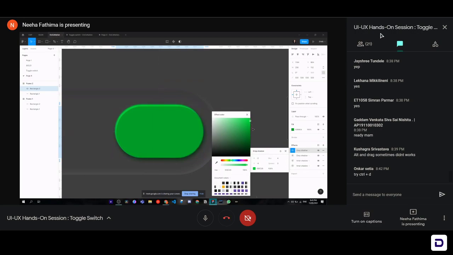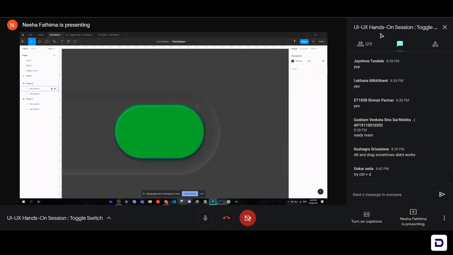Okay, let's tone that down a little bit. Yep, so now we've got it, right? Now you can see that the little toggle switch has also animated properly. The effect has been added properly. You can see that little neumorphic effect over it, and the edges are completely smooth. It has a smooth finish to it instead of a raw finish. So now we've got our final state and our initial state.